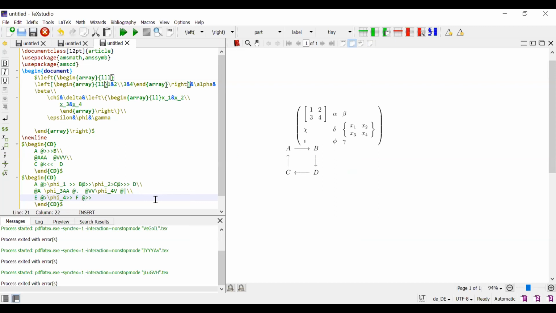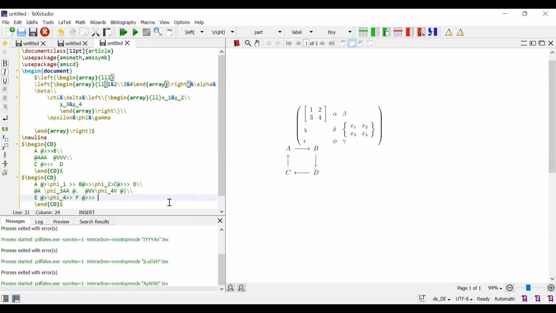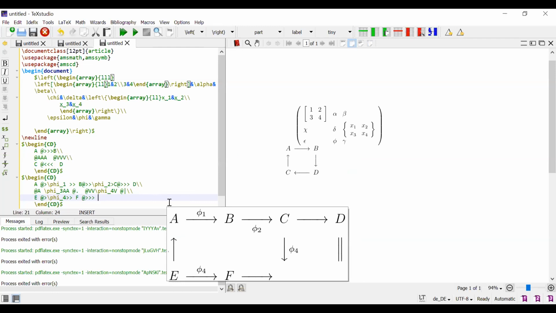Therefore, we fix 1, 2, 3. Again, the last one is G parallel to H. G parallel to H. Therefore, G